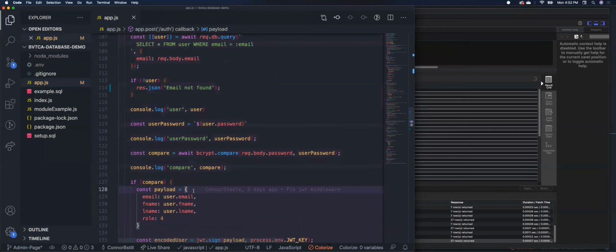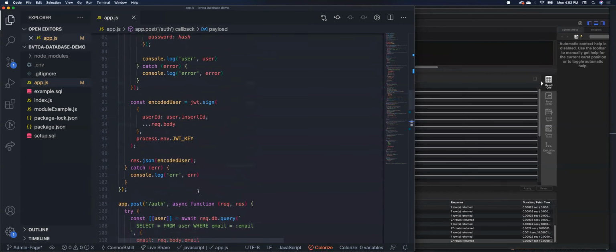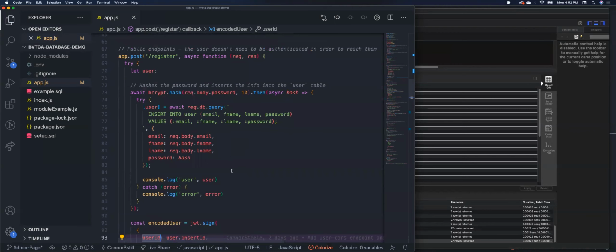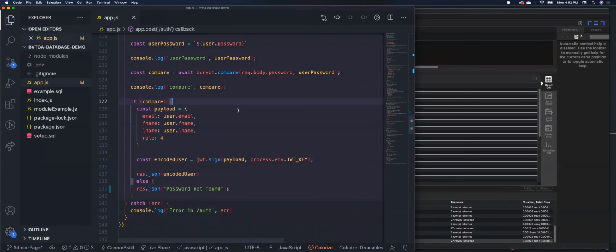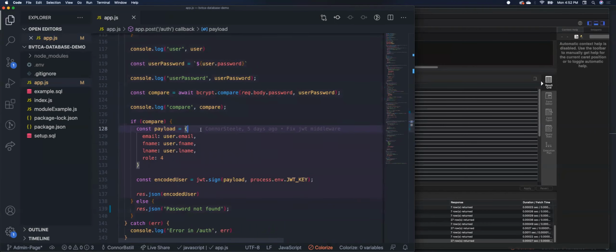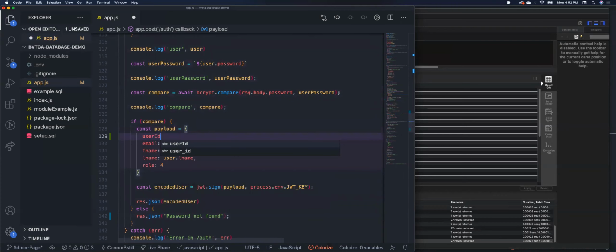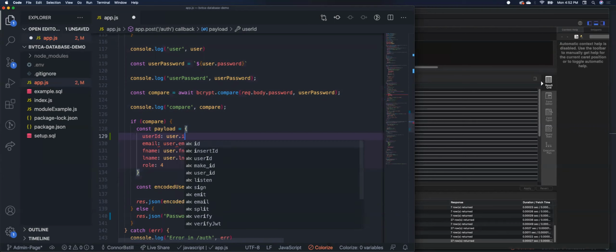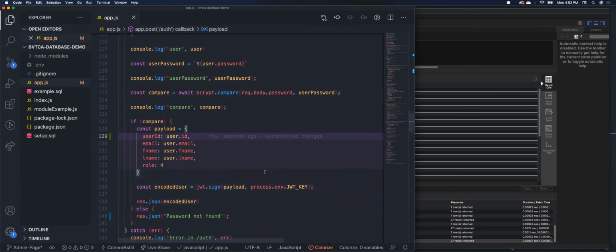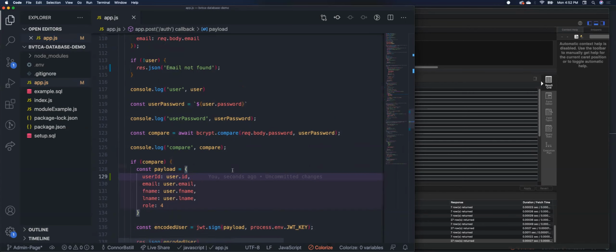Here we should also add user ID. So I added it up on /register. We should also add it when we log in here, and you'll find out why in a little bit. Okay. So those are our two